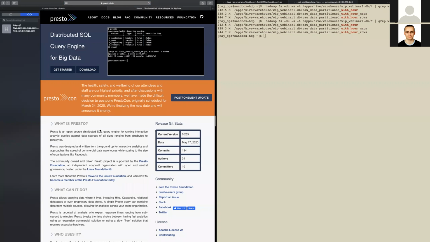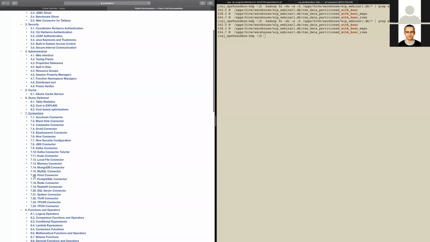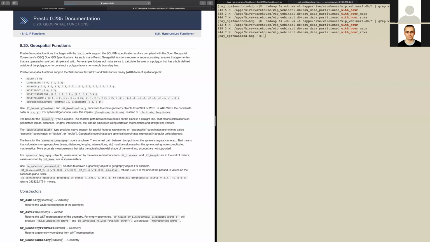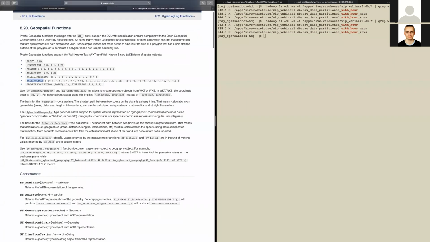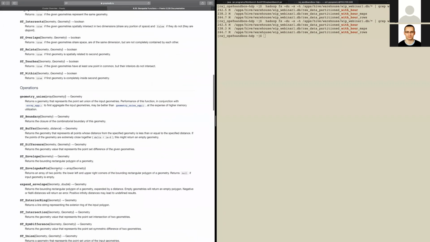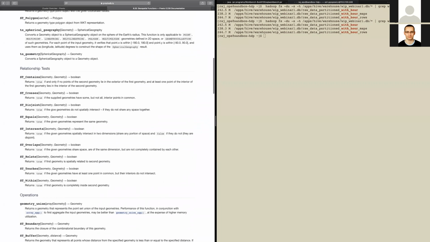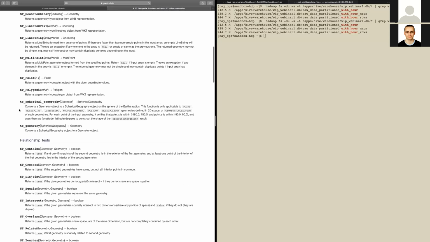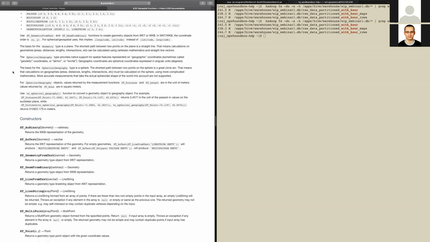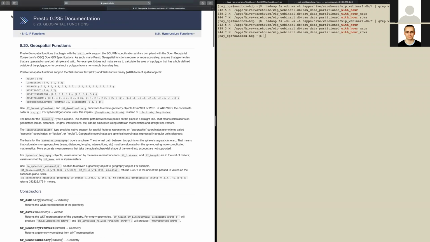These are not the only examples that I like Presto for. If you look at the documentation, it has plenty of different functions. For example, if you are working with geospatial data and you have polygons, then there are plenty of functions that will allow you, for example, to quickly find, if you have the latitude and longitude for a given point, a location in a given polygon. For example, finding out all the cities in your table that belong to a given district in the country,